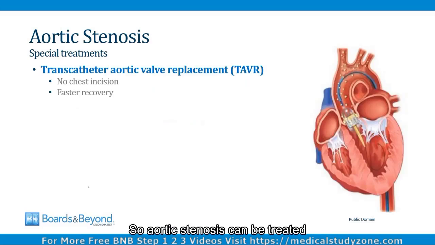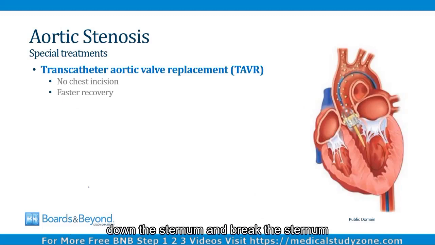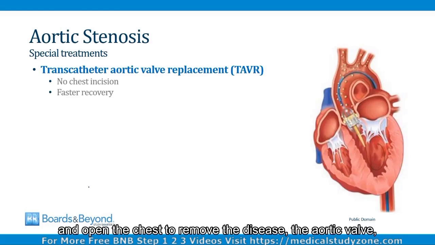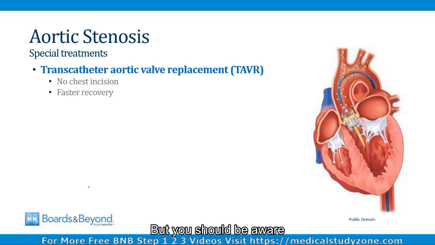So aortic stenosis can be treated with traditional valve replacement surgery. In order to do that, the surgeon has to make an incision down the sternum and break the sternum and open the chest to remove the diseased aortic valve and replace it with either a tissue valve or a metal valve. But you should be aware that there is a very new and popular way to replace the aortic valve,